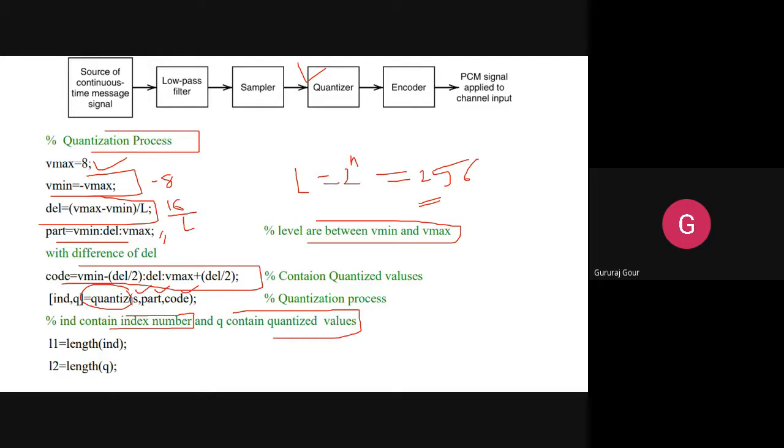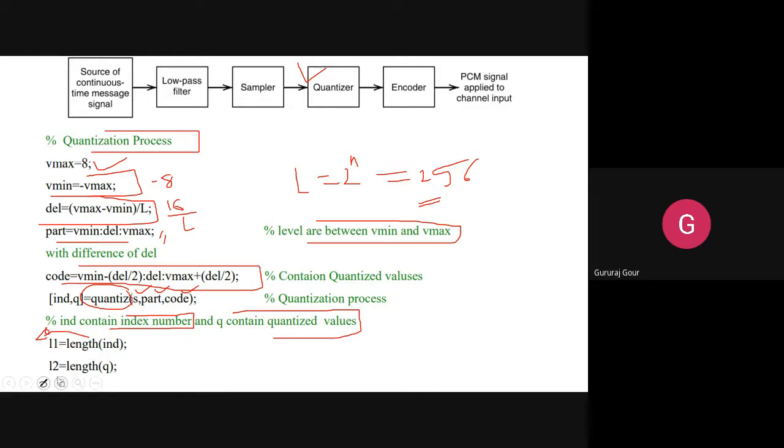If you give three as inputs to this quantize function, then it will return the value of each quantized signal, the quantized value along with the position. Now we are going to store the length: how many indices there are will be stored in L1.